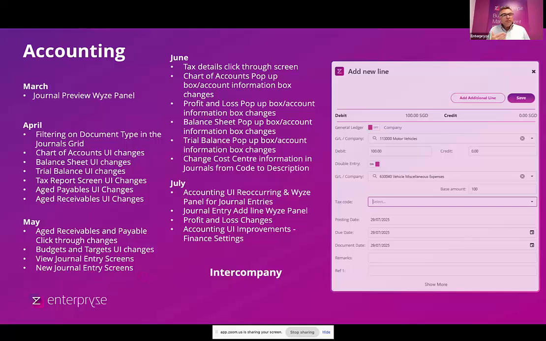But we've been through this whole module and we've gone and updated the UI all around making it easier to get at the data you need, making it easier to process transactions. So you've seen some enhancements happening across April, May, June, and now July. And one of the main enhancements, I guess, apart from the UI updates around profit and loss and journal entries and journals themselves, was, of course, the intercompany and the ability to manage intercompany transactions really, really easily and fast